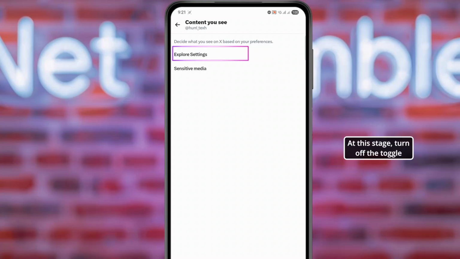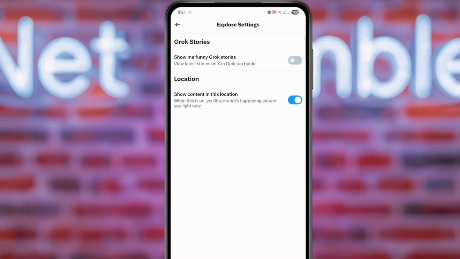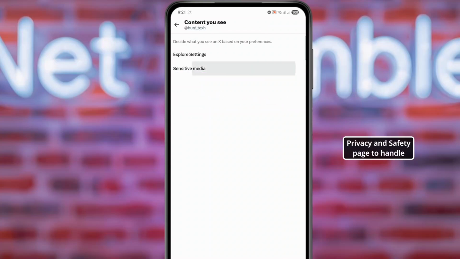At this stage, turn off the toggle for Remove Blocked and Muted Accounts, then also turn off the toggle for Hide Sensitive Content. Following this, go back to the Privacy and Safety page to handle your watch history and ads